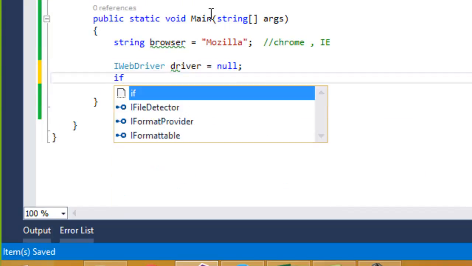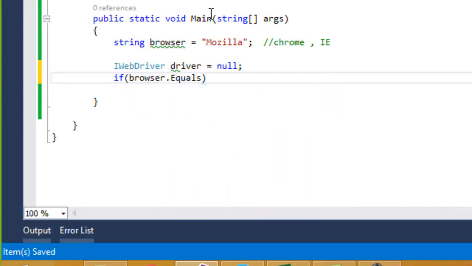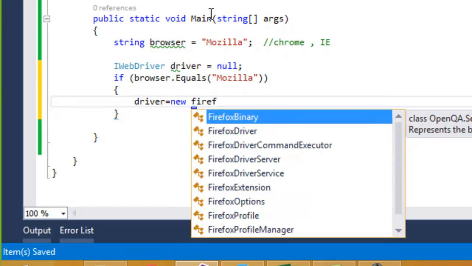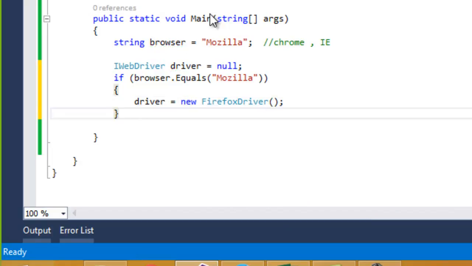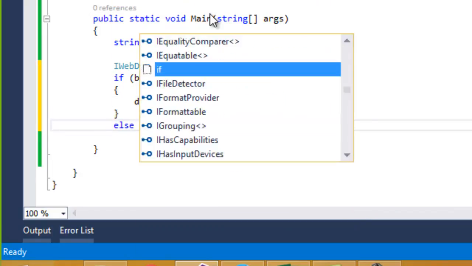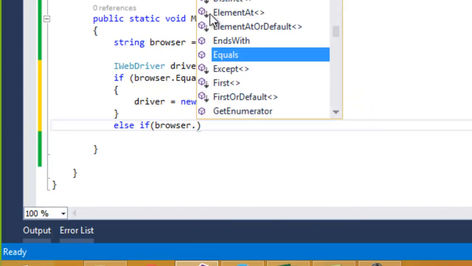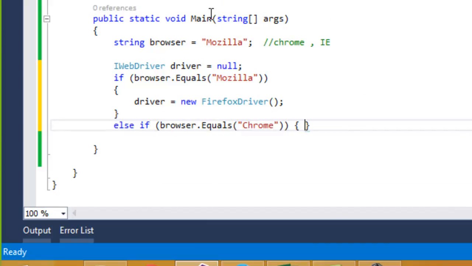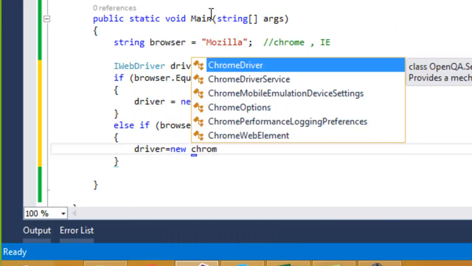And then you put the if statement. You say that if the browser is equal to Mozilla, then the driver will be equal to new Firefox driver. The Firefox browser will get opened up, right? And then else if the browser is equal to Chrome, then the same driver object will be pointing towards the Chrome driver now.